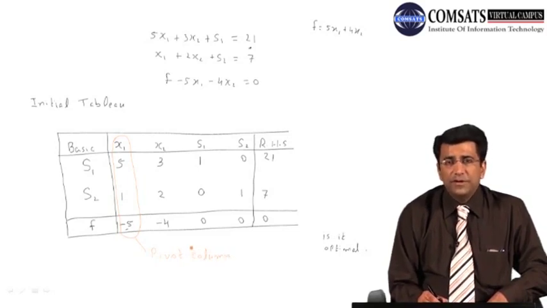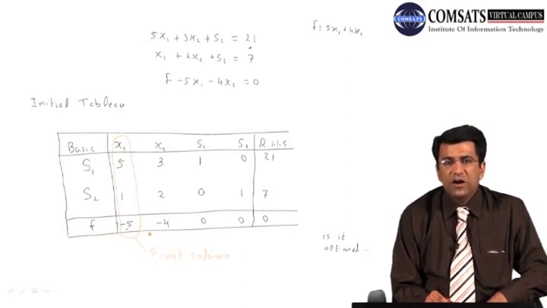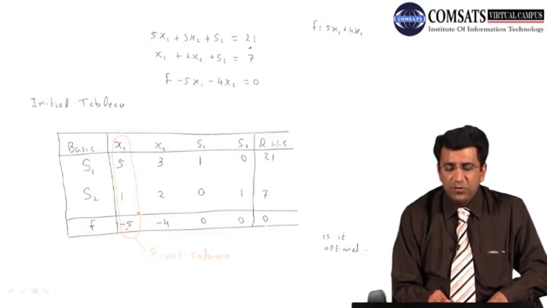So again, I am repeating how we are able to find this pivot column. First of all, we will see whether this solution is optimal or not. If all the coefficient values in the objective function are positive, it will give us the optimum solution. But in this scenario, there are two negative values, -4 and -5, so this table is not giving us the optimal solution. In the next step, we will find the minimum coefficient value of the objective function f, which is -5. So we will mark that particular column as the pivot column.